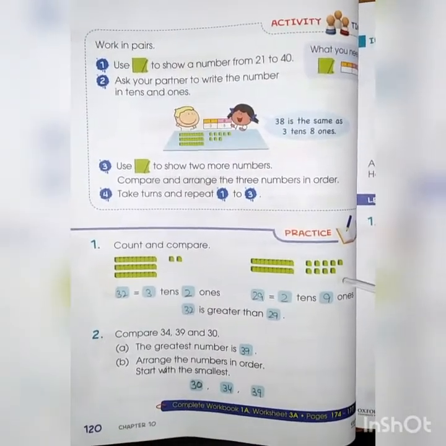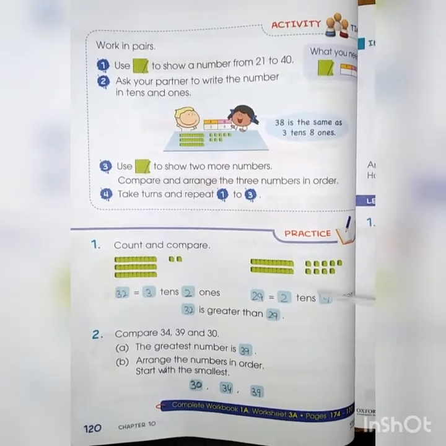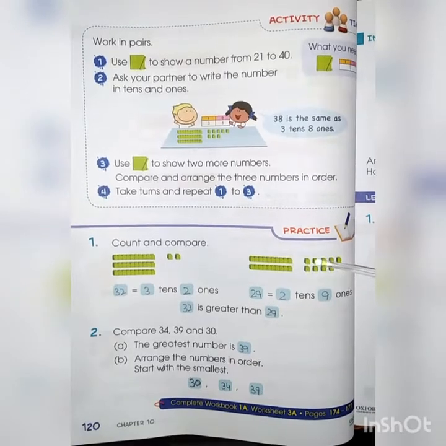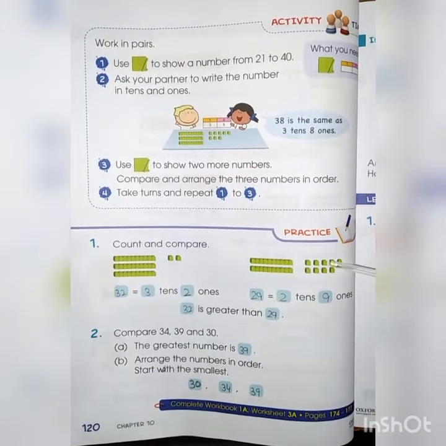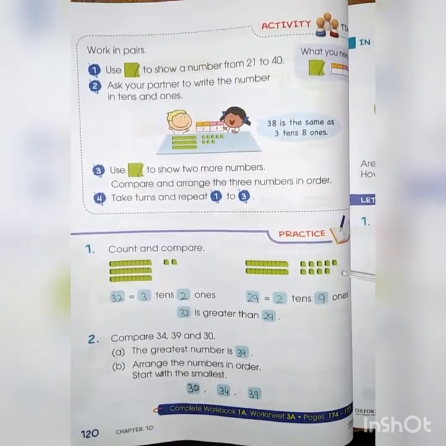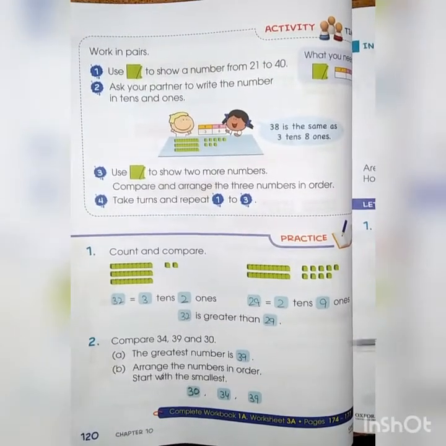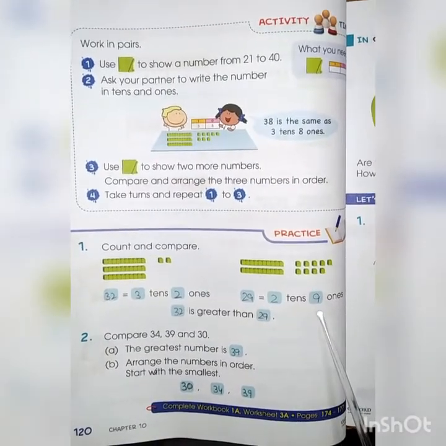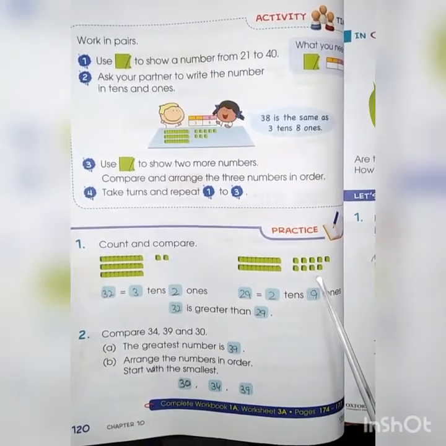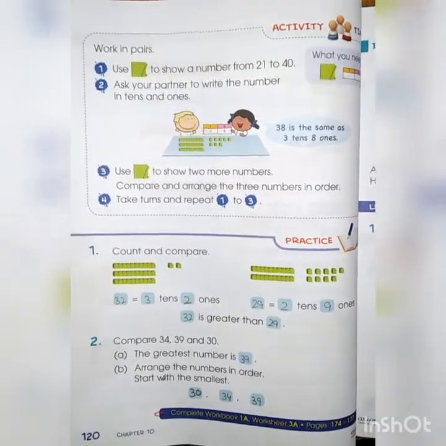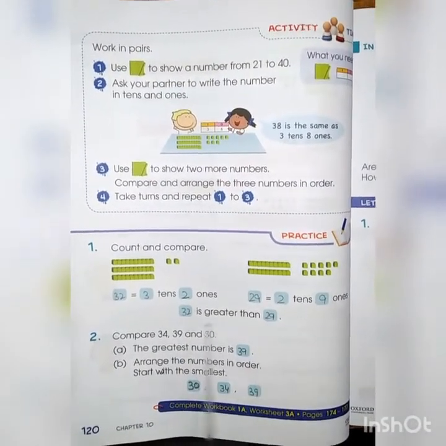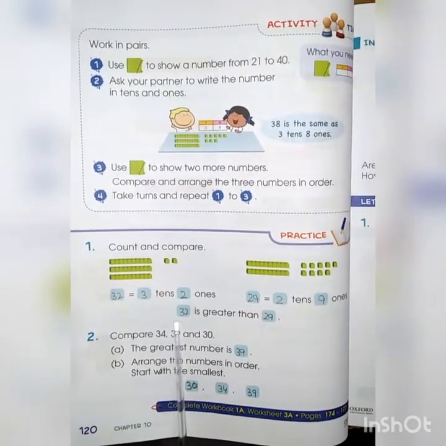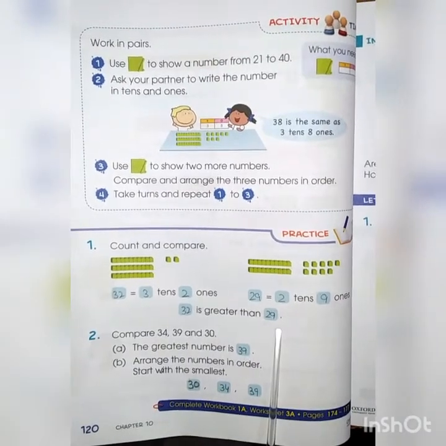Okay, we have some more blocks and we will count them. 10 plus 10, 20. Plus 21, 22, 23, 24, 25, 26, 27, 28, 29. We have 29 blocks and we will write it as 29 is equal to 2 tens and 9 ones. Then we will compare 32 with 29, as 3 tens is greater than 2 tens, then 32 is greater than 29.